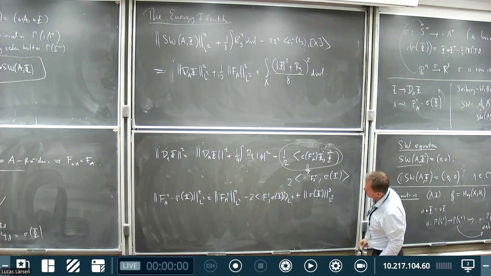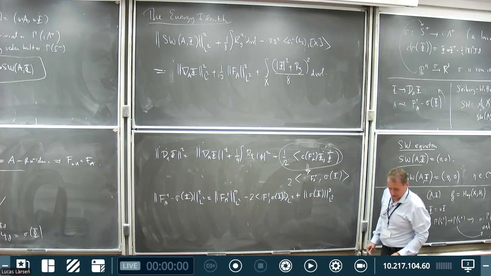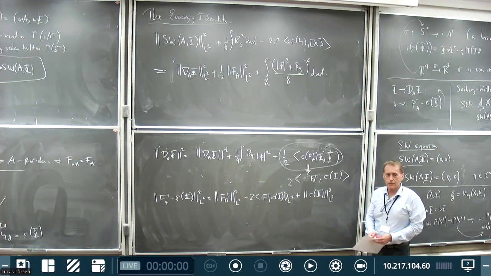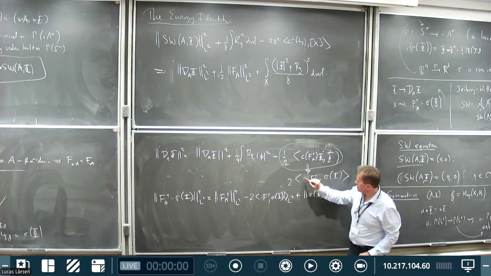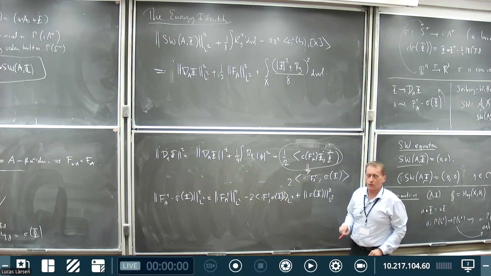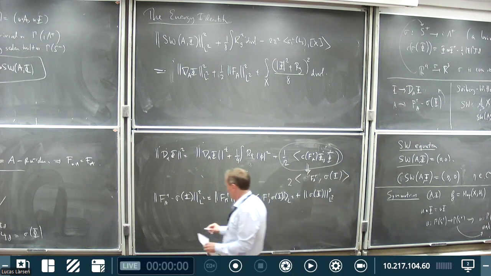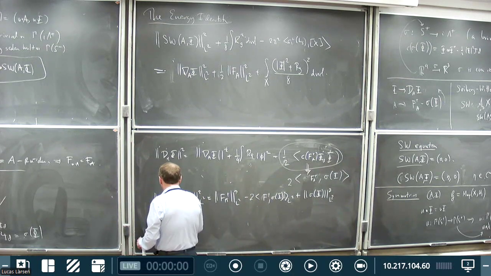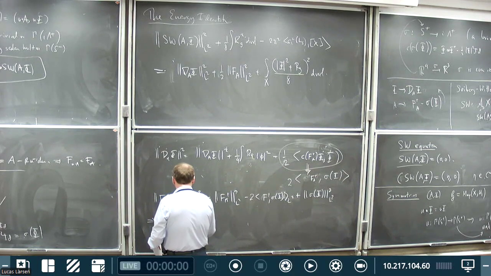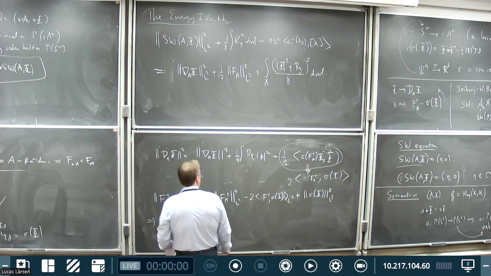Okay, now I stare at this, and if I stare for a really long time, I notice that this term and this term are the same except they have opposite sign. So now I add them up. And on this side I get the L2 norm of the Seiberg-Witten map, and then I get